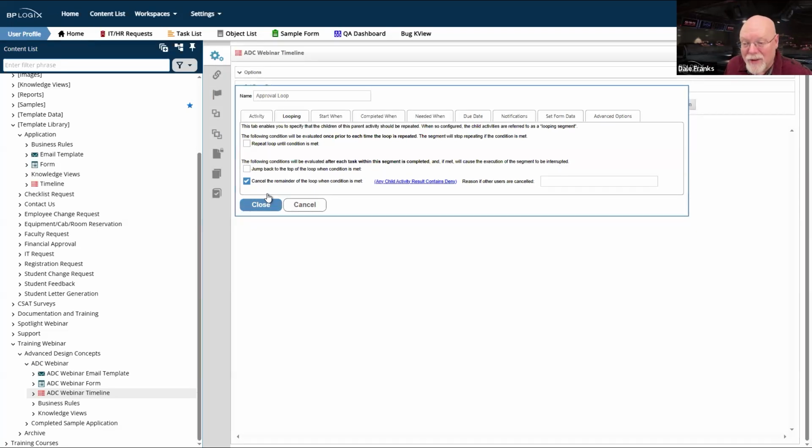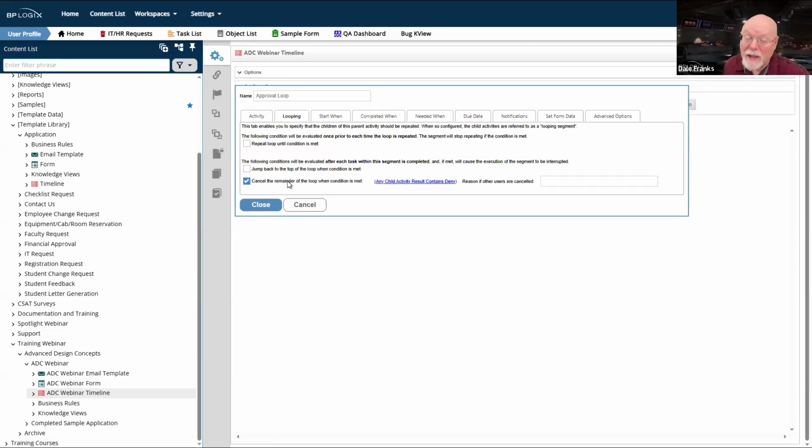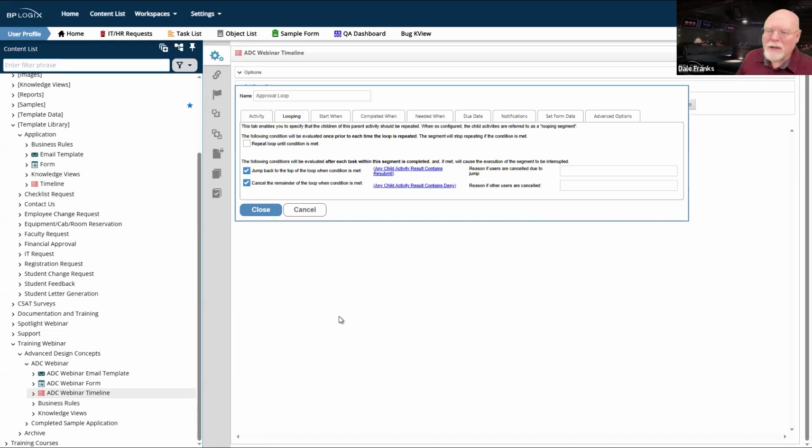But cancel the remainder of the loop, I guess you can live without it, but you really don't want to, because it makes escaping the whole approval cycle, whenever a person with the authority to deny it denies it, a lot easier. It just makes it much easier to configure process timelines and how they work.